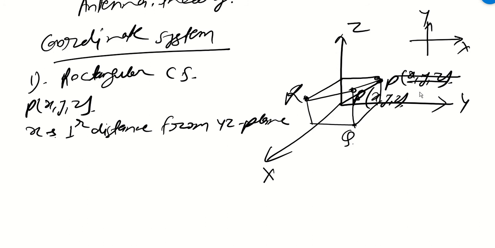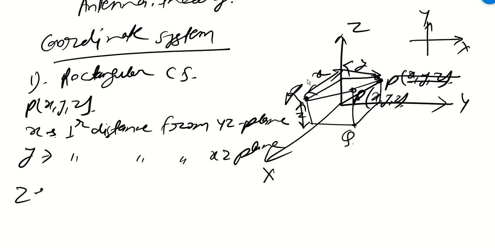So from YZ plane, Y and Z. So YZ plane, what is the perpendicular distance in x direction? That is your x length, right? Similarly, the y length will be from XZ plane, and similarly in Z direction, what is your length from XY plane? So this is your Z. So I can write it, y is basically perpendicular distance from XZ plane, then Z is perpendicular distance from XY plane. All right. So this is the thing.